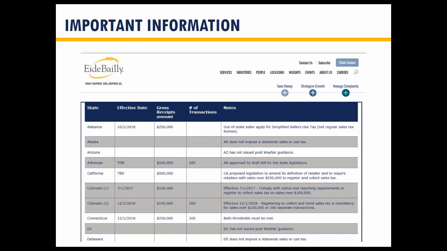It's pretty static. But in the middle of that article is this table. And this table, we are updating it as it goes along. It's pretty much a live table. This is an old screenshot where it says California to be determined at $500,000. If you go look at it right now, it will say California implementation date April 1, 2019, and $100,000 threshold or 200 transactions. It's live. If you can search on the website, go for Wayfair, it'll take you to this. This will get you started, if you're wondering. And it's live, and we don't have any intentions of taking it down anytime in the near future.